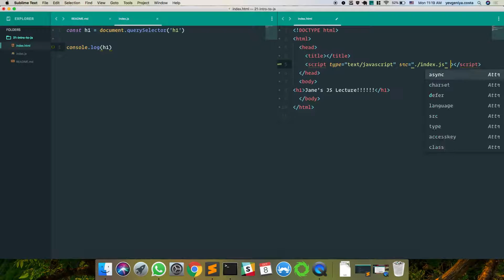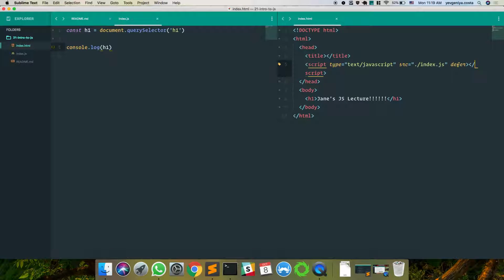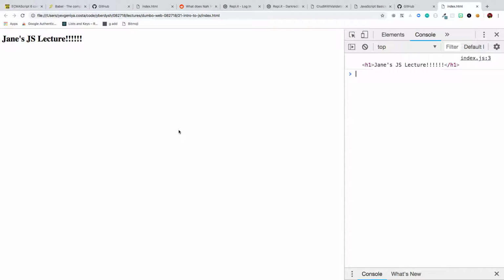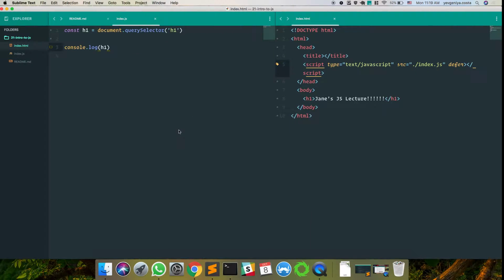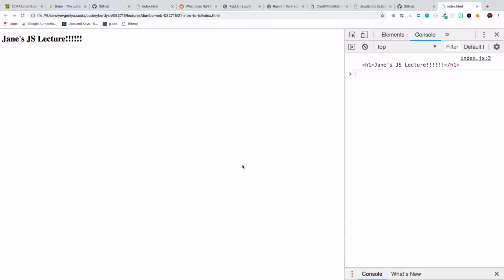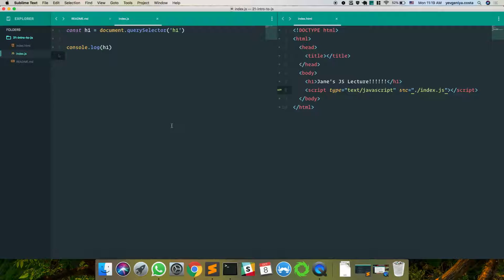One, I've sometimes seen the word defer, which basically keeps your JavaScript to run last and waits for everything. So now, if we do this, it console logs our element. I've also experienced moving this to the bottom, still keeping it in your body, but having it appear below everything else. And it still loads.